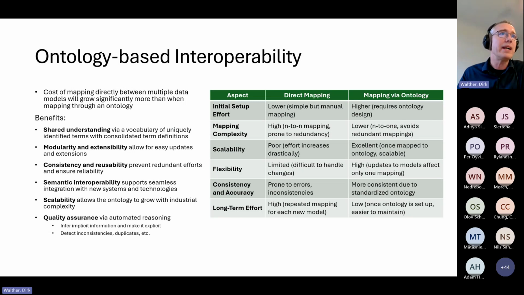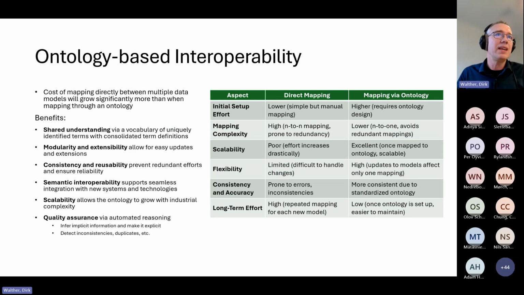The table here on the right compares a little bit the scenario between direct mapping and mapping via an ontology. The initial setup cost is lower when we map directly than when we map via an ontology, because we need to create the ontology to begin with.